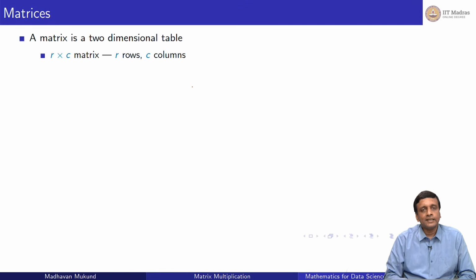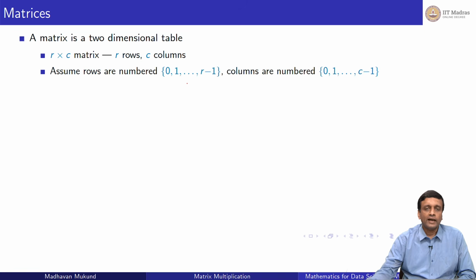So a matrix in general is a two-dimensional table of values, usually numbers, right? And it has a certain number of rows because it's two dimensions. So it has rows and it has columns, right? So usually it has some R rows and some C columns. R and C could be different numbers. And we write this as R times C, or we call it an R cross C matrix. So R is the number of rows, C is the number of columns. And as usual, we will number the rows starting from 0 and the columns starting from 0. So the rows are 0, 1, 2 up to R minus 1, and the columns are 0, 1, 2 up